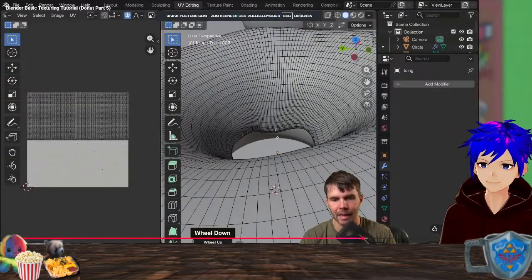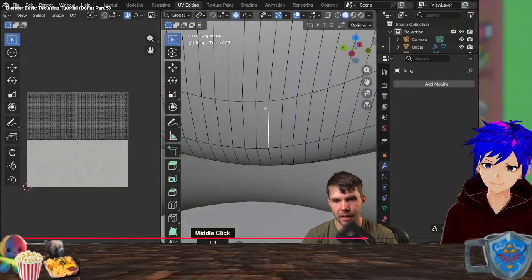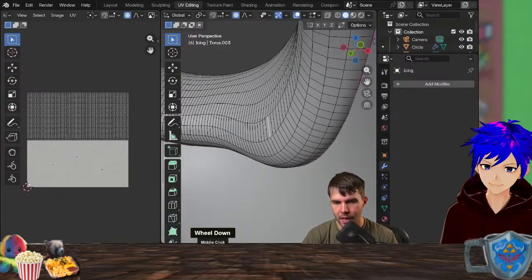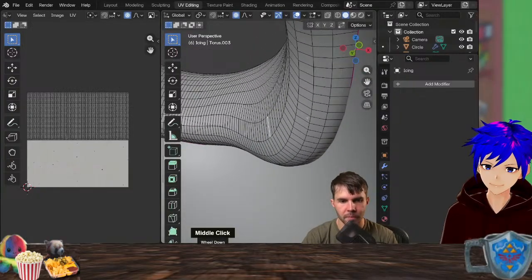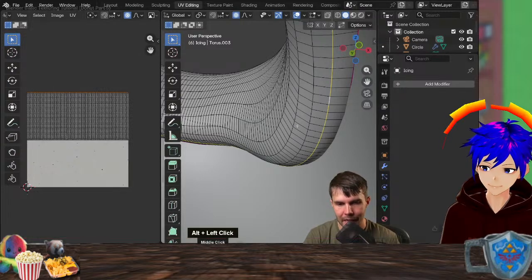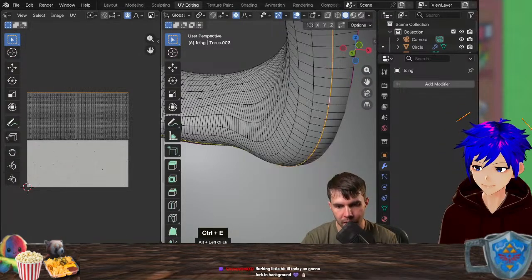If you just select a random point on the inside of the donut there, then hit your focus key, tilde 3 or numpad period, then you should be able to get in nice and close to it. Now that I'm here, I'm going to do the same thing. So hold down Alt and then select this line here. And now I'm going to hit Control E and do another seam.